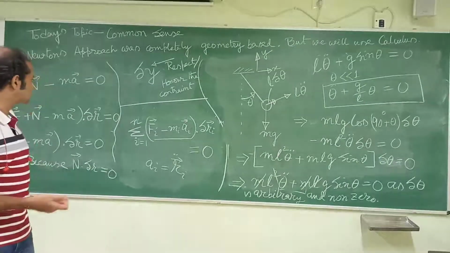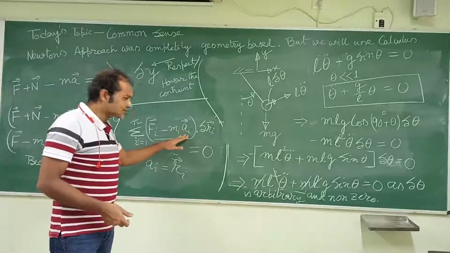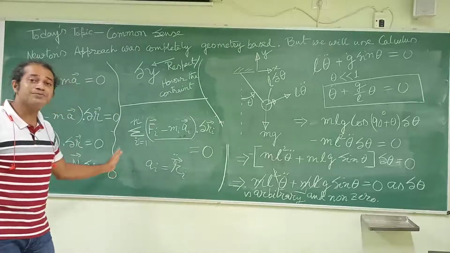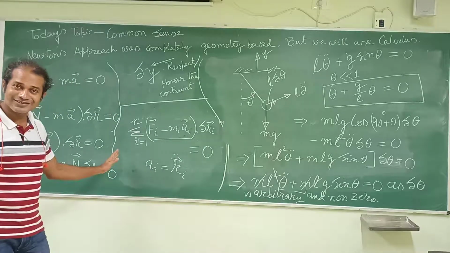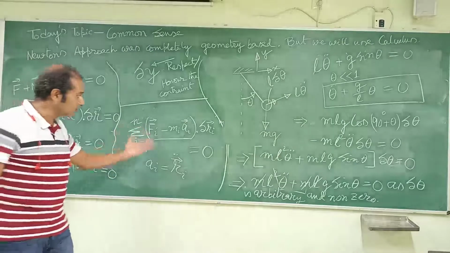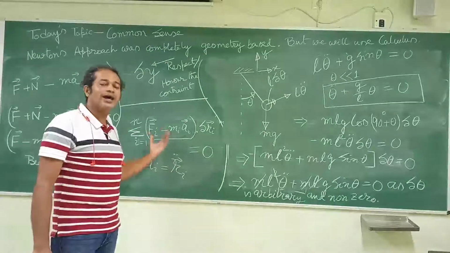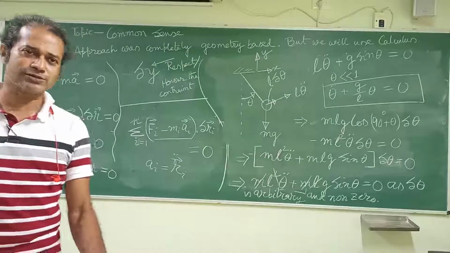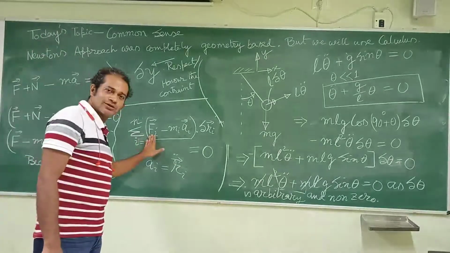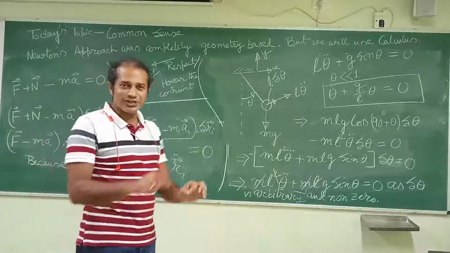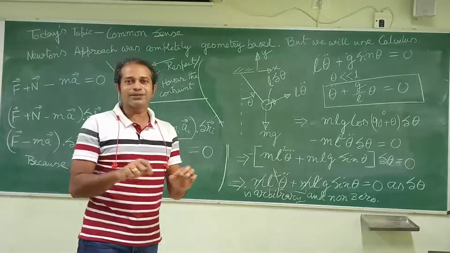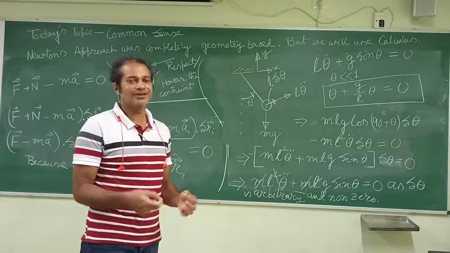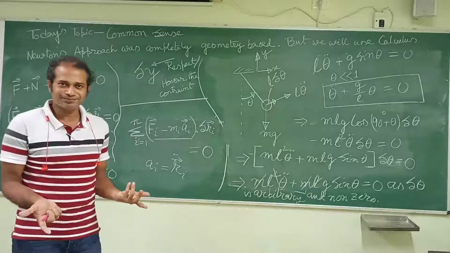Now you understand that if this acceleration is not there, then what does it mean? It means the static equilibrium case. And we all know for static equilibrium cases, for a particle, the summation of all the forces is going to be 0. So it is obvious it is going to be 0. Now if from the equilibrium position you are going to perturb the equilibrium a bit by a virtual amount, the whole work done is going to be 0.